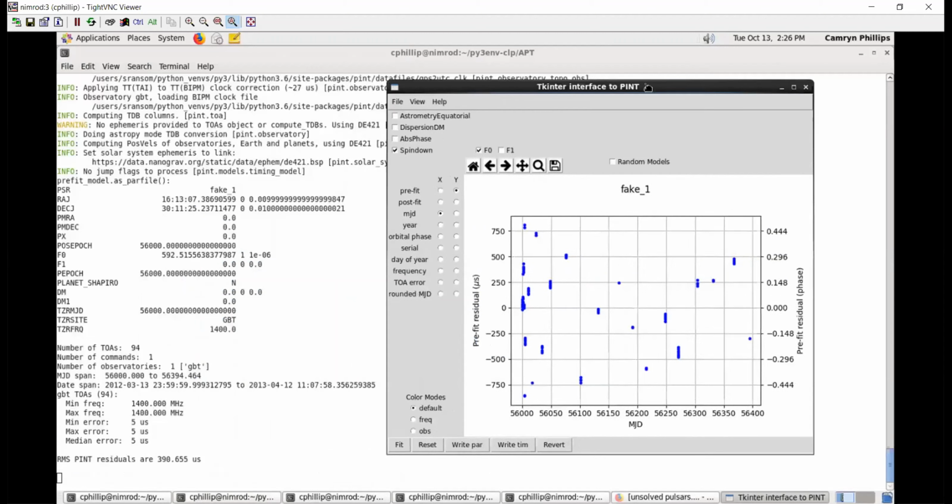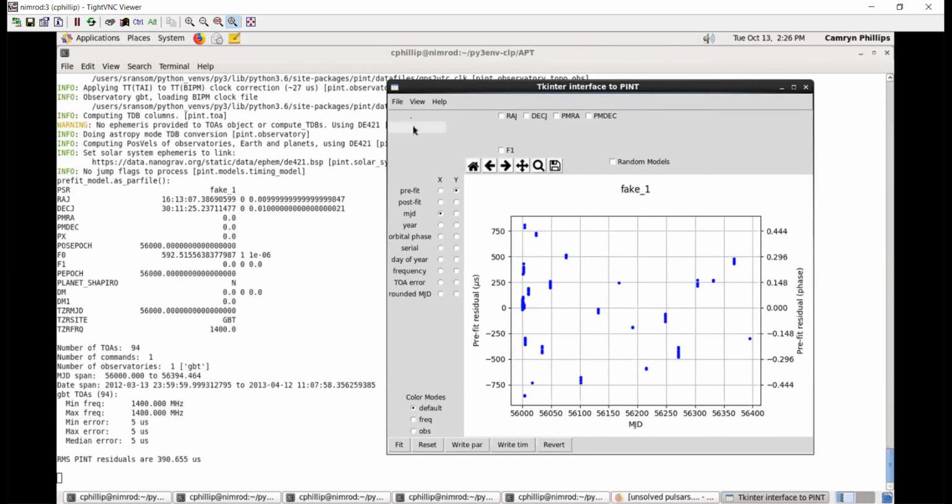a person to time a pulsar interactively rather than having to adjust the model, pull up the residuals, look at that, compare it to the last fit, go in the par file and change the parameters. Instead of that involved process, you have this very nice GUI where in the upper left you have all of the different parameters that you can add to a model, position and the spin and spin down rate being